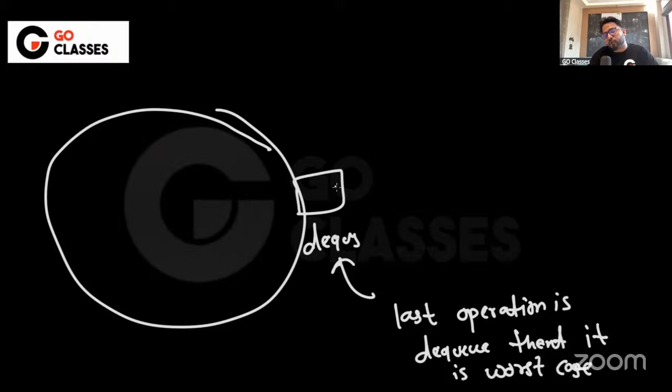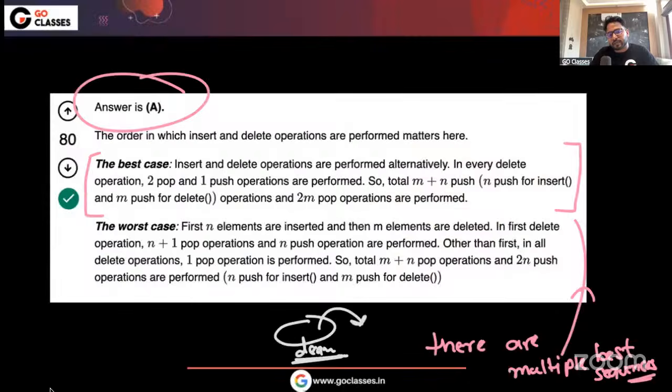Why? Because it will force... No, sorry, I cannot say like this, because maybe S2 is not empty, right? See, I just want to force all the elements to be transferred. So we need to analyze a little more carefully. I need to transfer all the elements, and I have to check whether S2 is empty or not. I actually have to transfer all the elements. That is the worst case. But there are multiple worst cases possible.